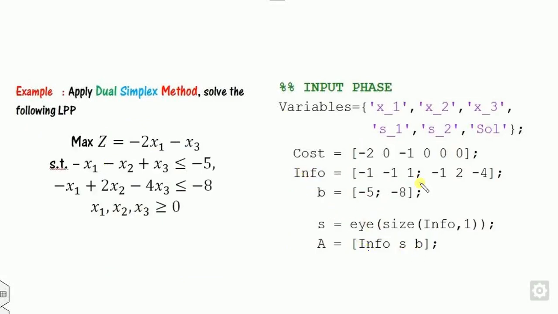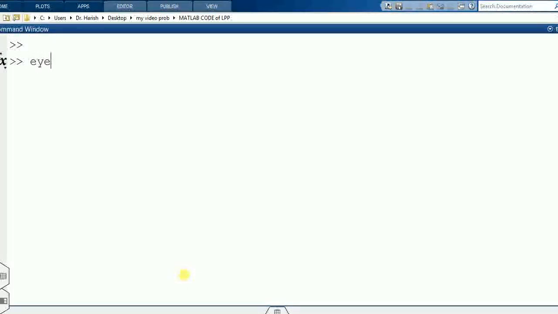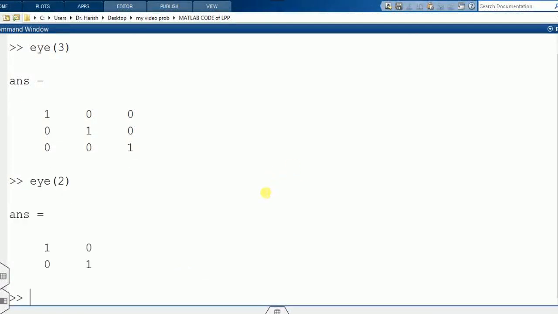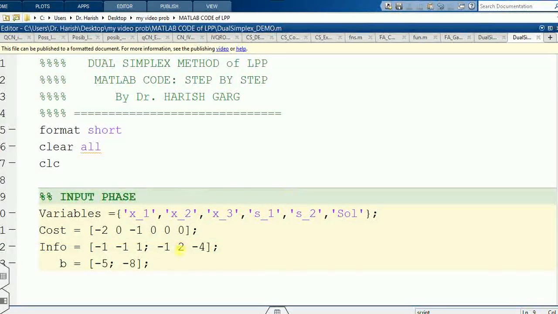Remember that in this case, I have used it without the slack variable. So then you have to write S as the eye. What is the meaning of the eye? As we already discussed, if I write eye(3), it is an identity matrix of 3 cross 3. eye(2) is an identity matrix of 2 cross 2. So in this case, I have copied this text and pasted here.